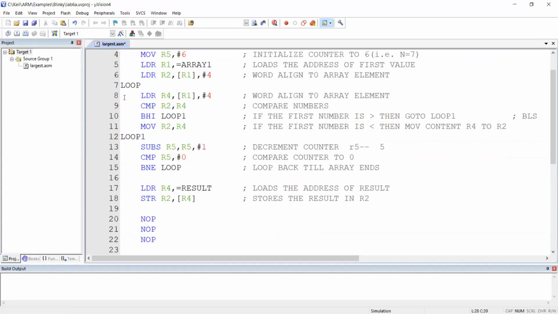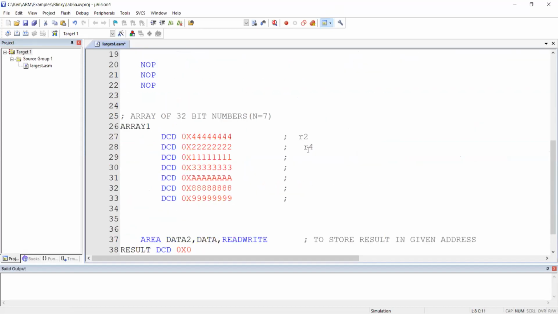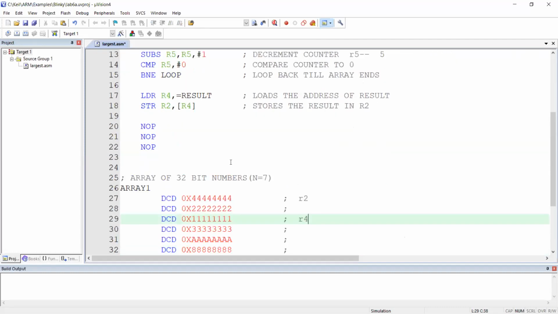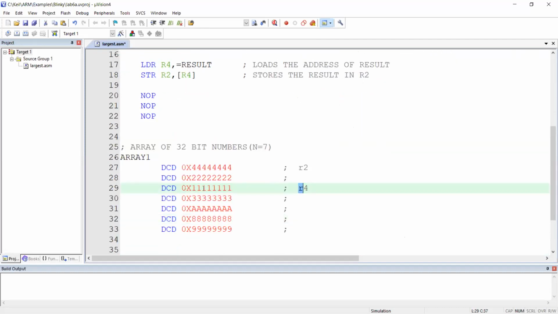Now once we come the second time, on the first repetition, what is going to change? R4 is going to change. If R4 is going to change, what we have lost is 2. I repeat, what we have lost is 2. So R4 will move on, and R4 will point to the next number. Hope you are understanding this. R4 will fetch the present value, which is 111, and it updates itself because it is a post addressing mode.